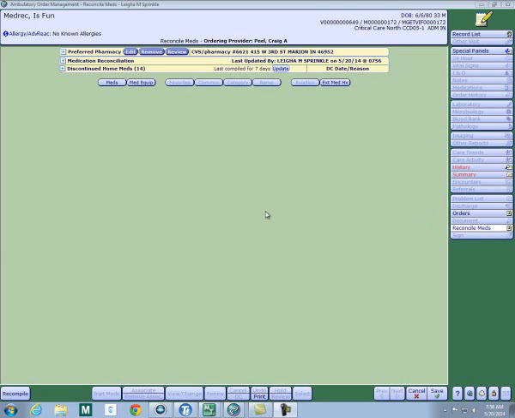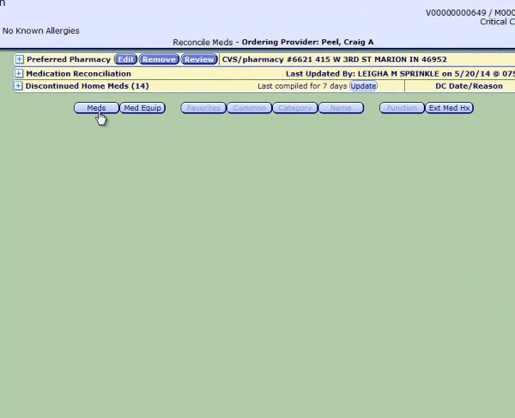Entering an accurate medication reconciliation is more important with electronic ordering. Information entered by nursing is what the provider uses when he places his orders. You should observe the 5 rights of medication administration when entering MedRec. Be sure you are entering on the right patient, the right drug, the right dose, the right route, and the right frequency or direction. To open MedRec, select Meds